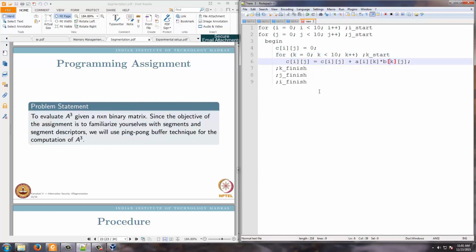So to simplify our complete code, in this case what I am going to do is a OR and then AND. So I am going to do binary operations here. So instead of plus I am just going to do a bitwise OR of the bits. Note that Cij, Aik and Bkj are all bytes, they are all 8 bits. So I am going to do a bitwise OR of Cij with the output of the bitwise AND of Aik and Bkj. So this is the code that I want to execute.